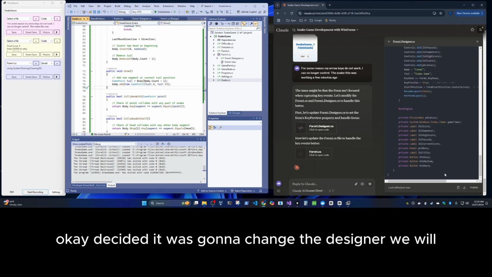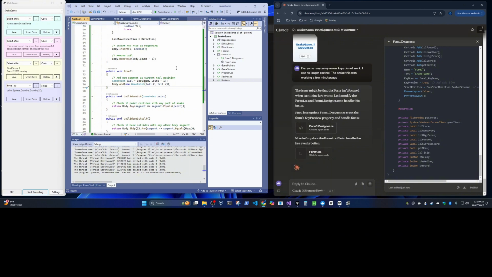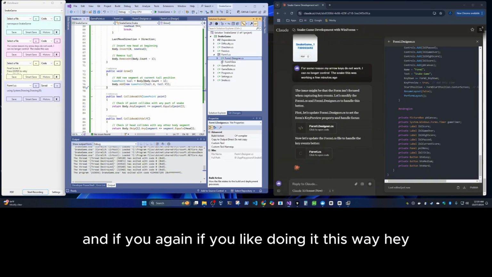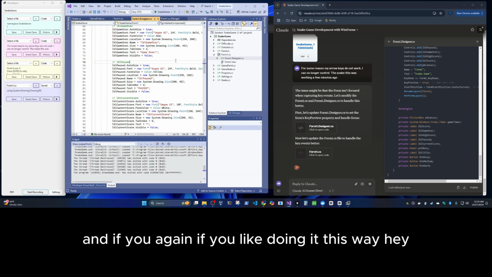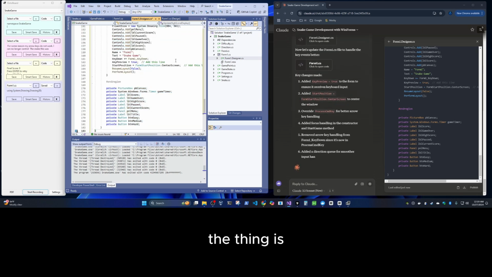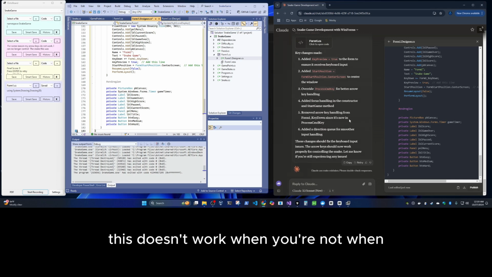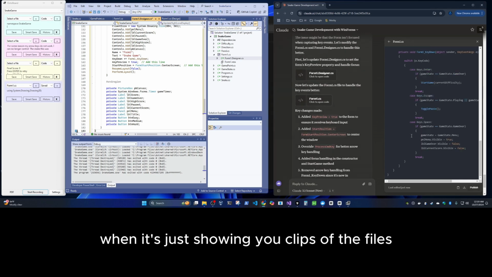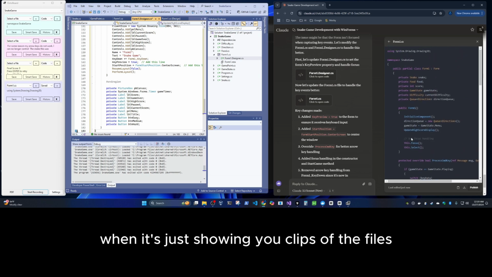Okay, decided I was going to change the designer. We will. And if you like doing it this way, hey. The thing is, this doesn't work when it's just showing you clips of the files.